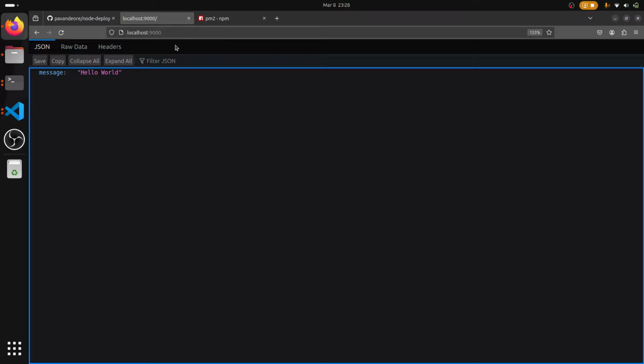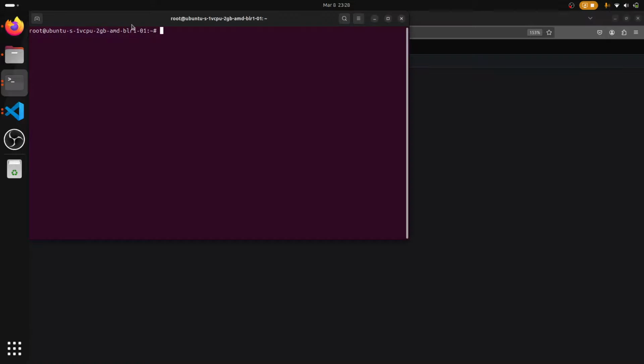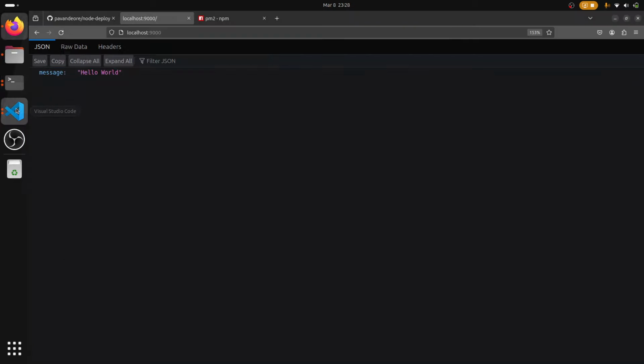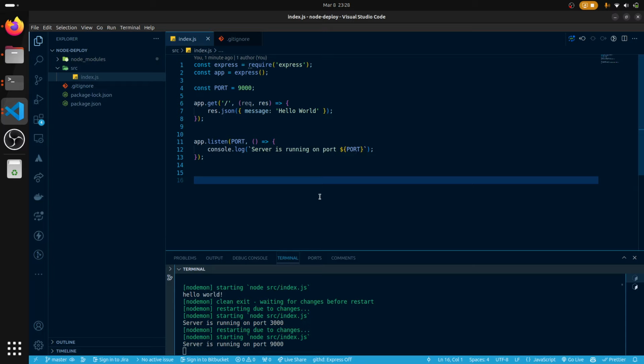That's what I have currently, so I will make use of that. It is a paid service, it is not free. I am logged into my VM, my droplet. When you create a droplet, you will get the IPv4 address of that VM machine. So what you can do is SSH